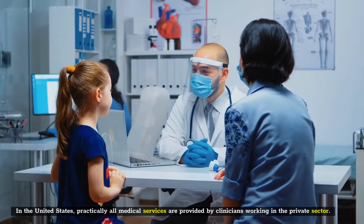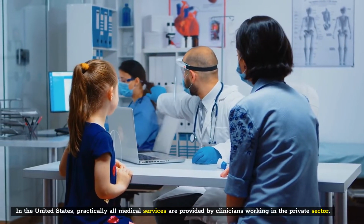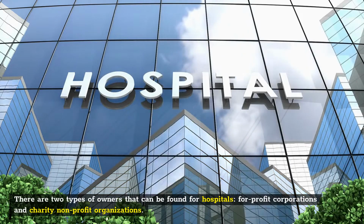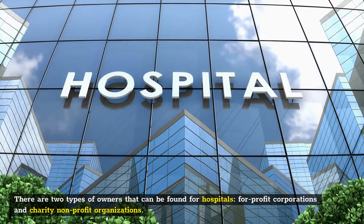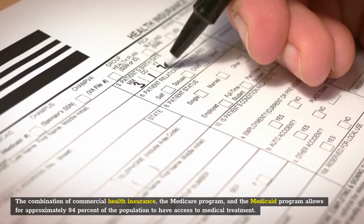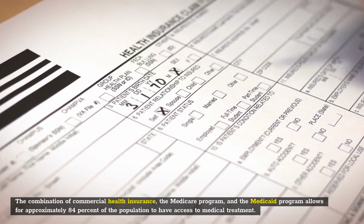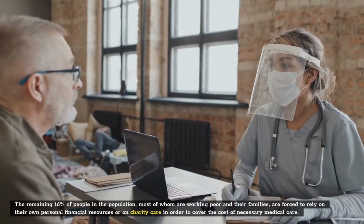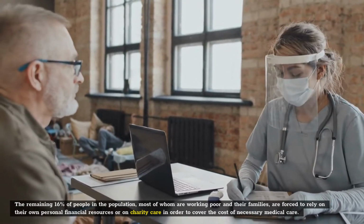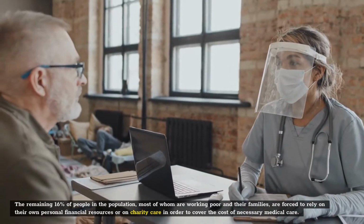In the United States, practically all medical services are provided by clinicians working in the private sector. There are two types of owners that can be found for hospitals: for-profit corporations and charity non-profit organizations. The combination of commercial health insurance, the Medicare program, and the Medicaid program allows for approximately 84% of the population to have access to medical treatment. The remaining 16% of people in the population, most of whom are working poor and their families, are forced to rely on their own personal financial resources or on charity care in order to cover the cost of necessary medical